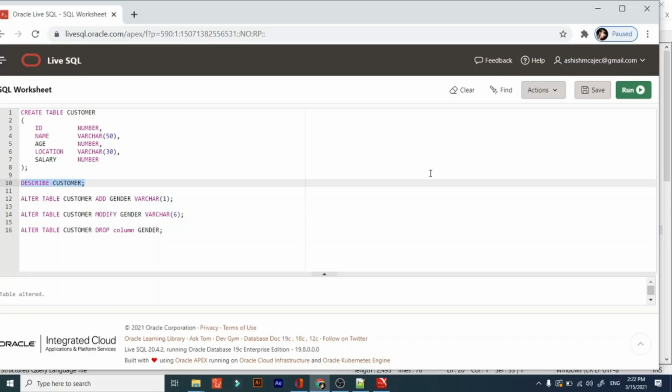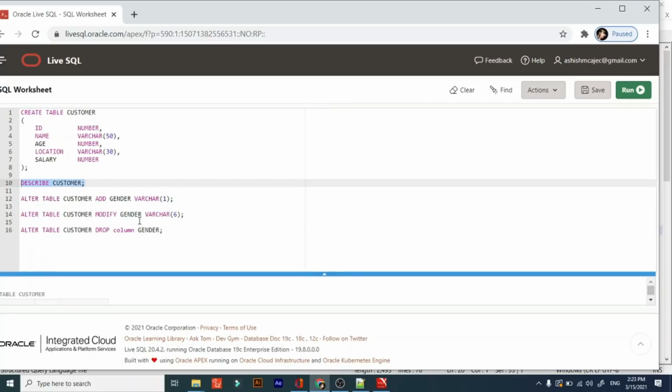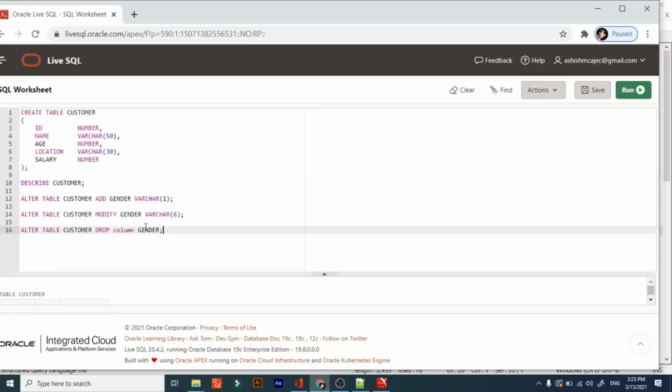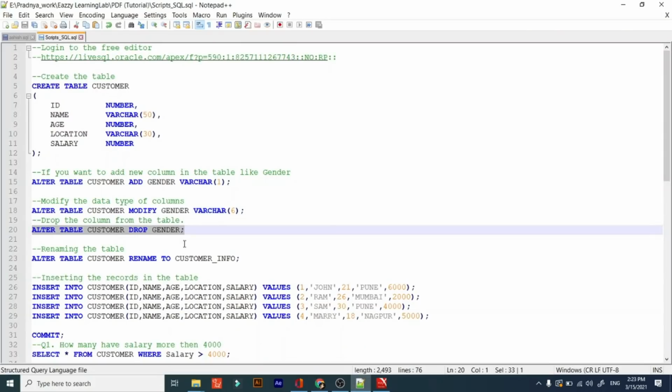Let's describe the customer table. See the structure of the customer table. What we had earlier is there, and we don't have a gender column in it. So these are all the examples of alter commands.